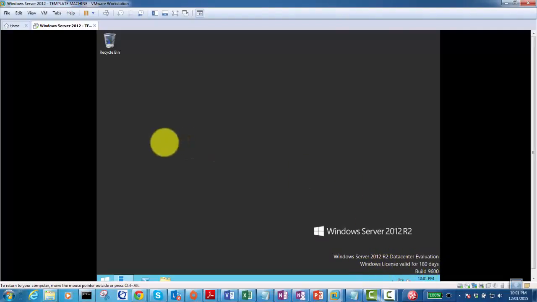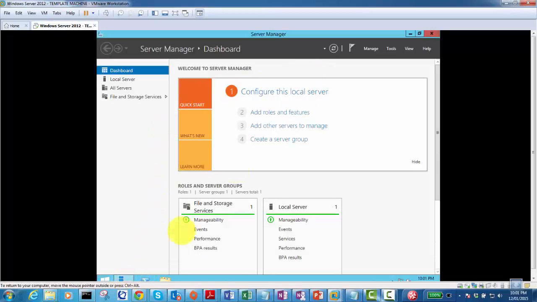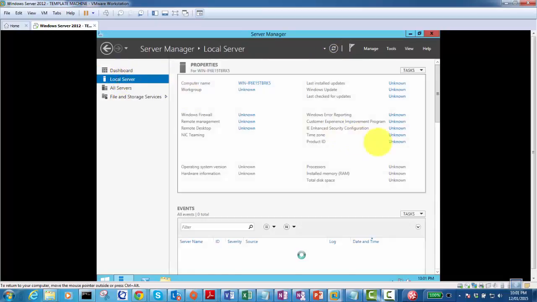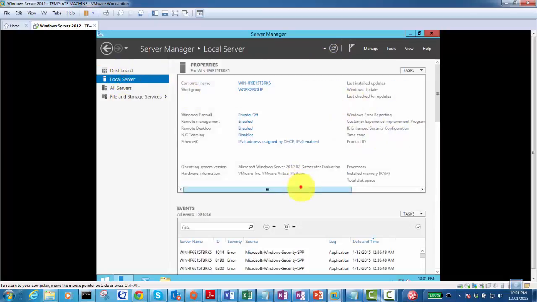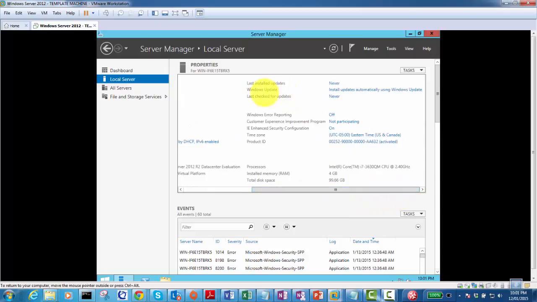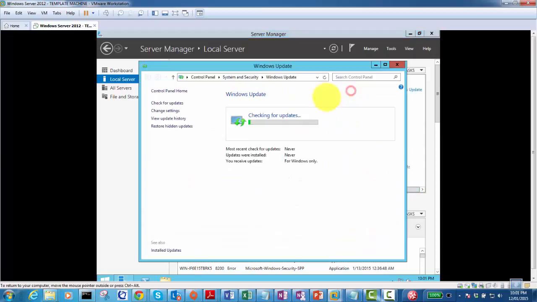Message has appeared. What I did was I just waited for the Windows update to keep on downloading stuff, and I did not wait a lot there. It just kept on moving, and in 4 or 5 minutes I just went to this